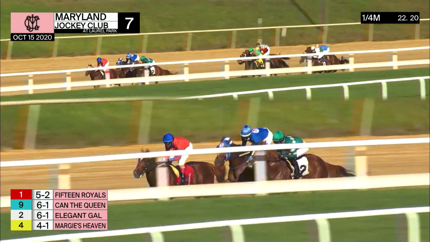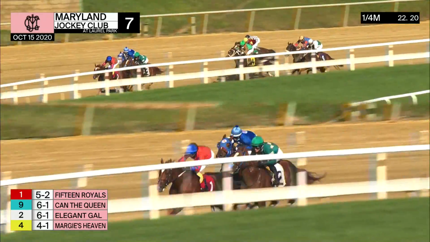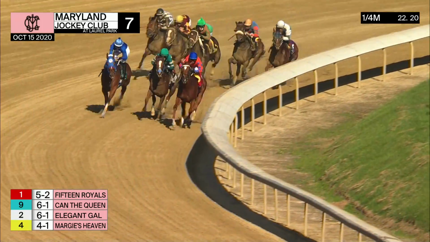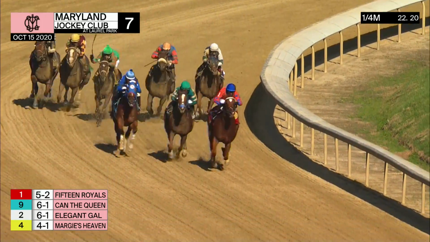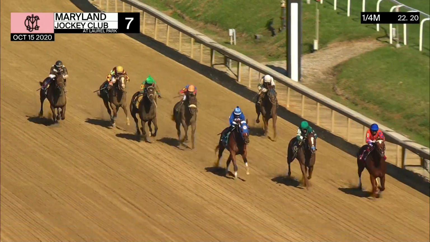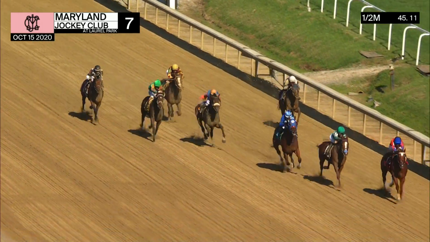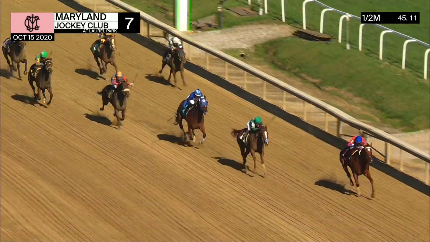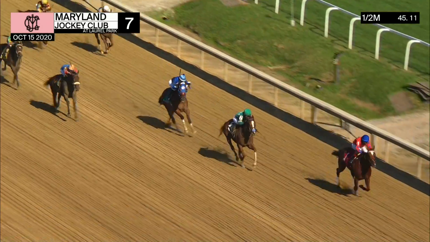They're at the top of the stretch now, about a quarter of a mile left to go, and it's 15 Royals the leader. Elegant Gal ready to pounce and angles to the outside, and Can the Queen is racing third. Three almost across the track into the stretch now. 15 Royals holding on just in front now by a length and a half from Elegant Gal, who's trying to press by, but 15 Royals keeps on digging for the final furlong, and Country Life Farm's 15 Royals kicking in